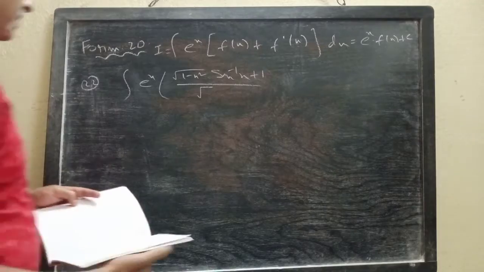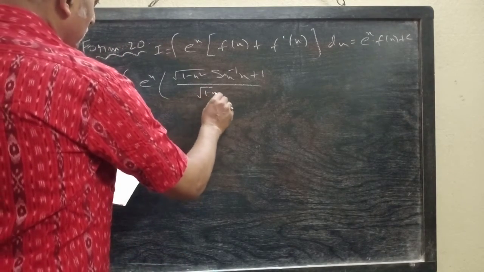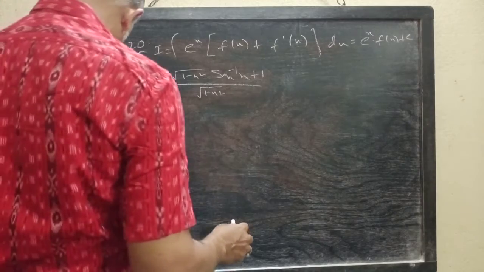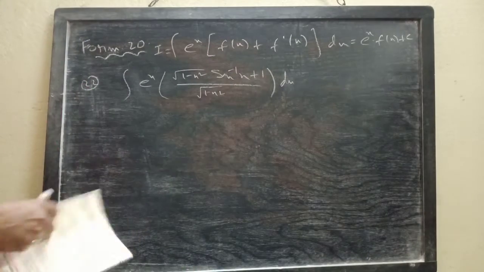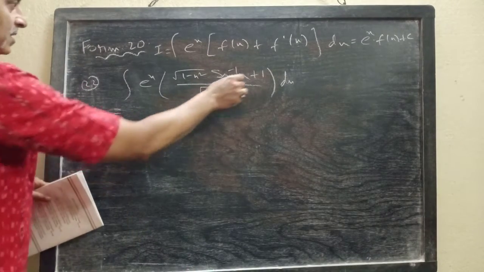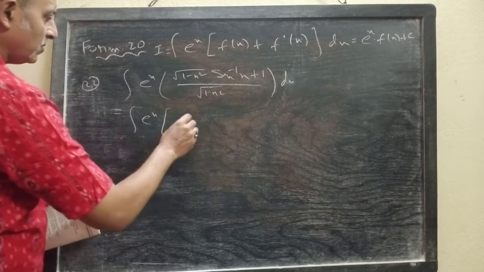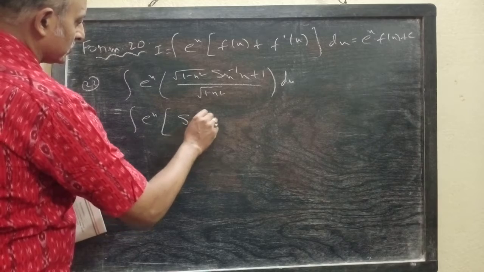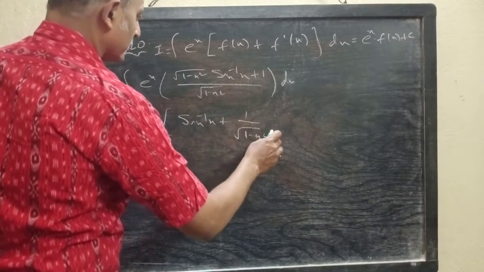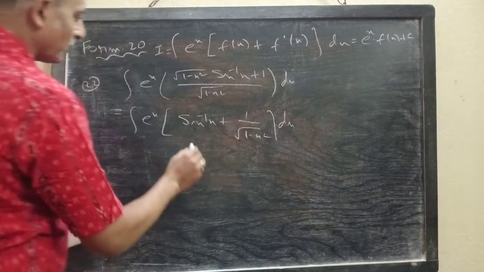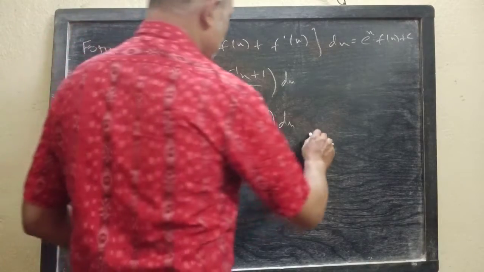dx. Let us split this from here. e to the power x, this will be (sin inverse x plus 1 by root of 1 minus x square) dx. Look, if this is f x, this is f dash x, so your substitution will be,